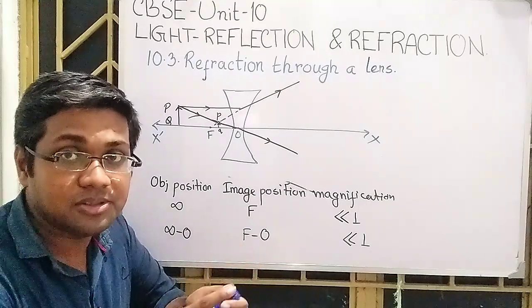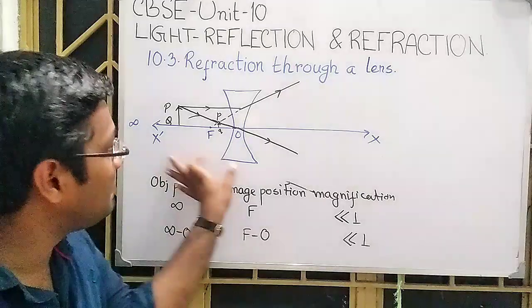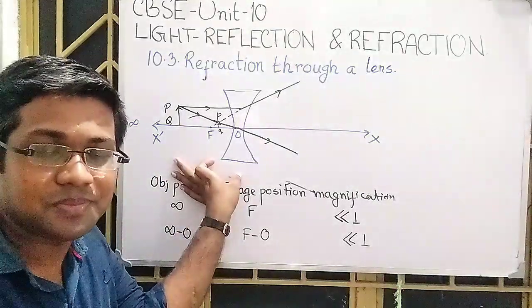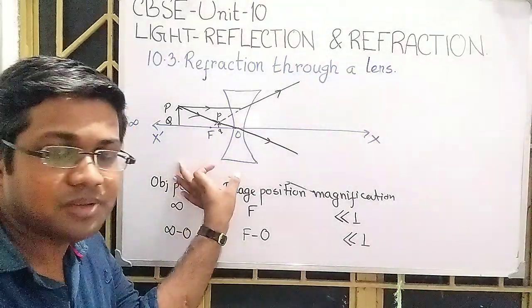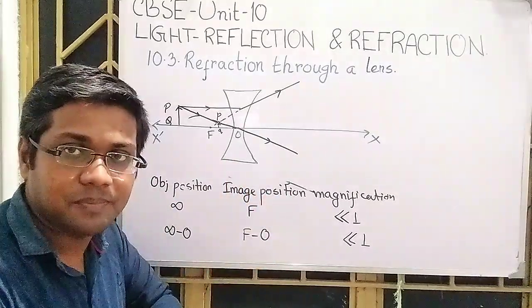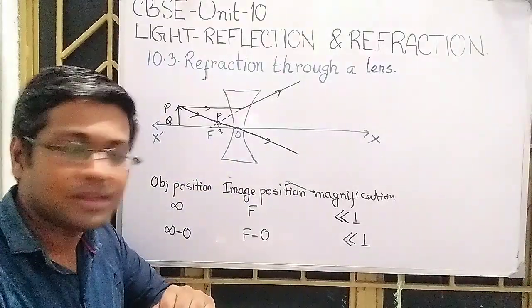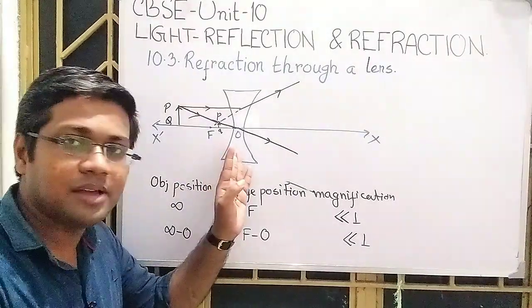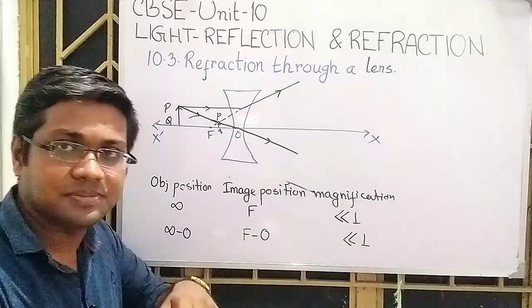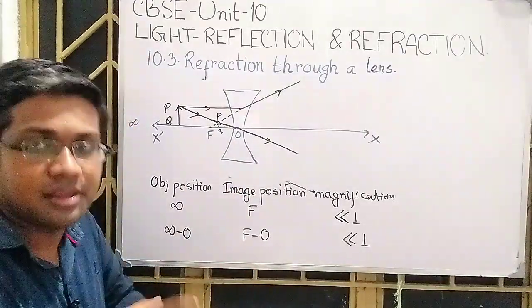If we are thinking about the object distance and image distance in this case, U is negative, and V is also negative if the image is virtual, because it is on the same side as that of the object. Focal length in the case of a concave lens is negative. If I follow the sign conventions, let me try to draw it clearly,